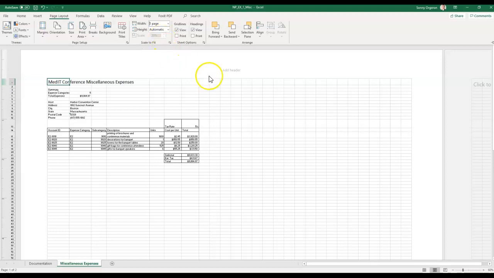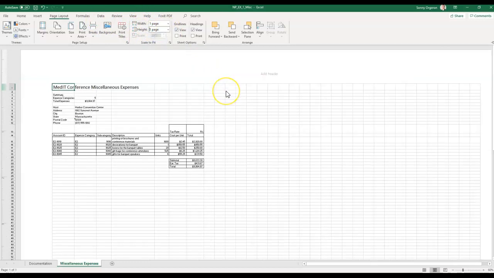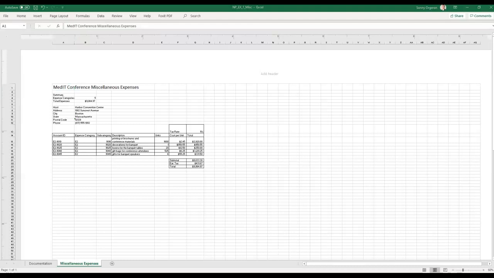Okay. Step 2, in the Scale to Fit group, click the height arrow and click 1 page. So we're already here. Scale to Fit, height, and we want to select 1 page. All right,